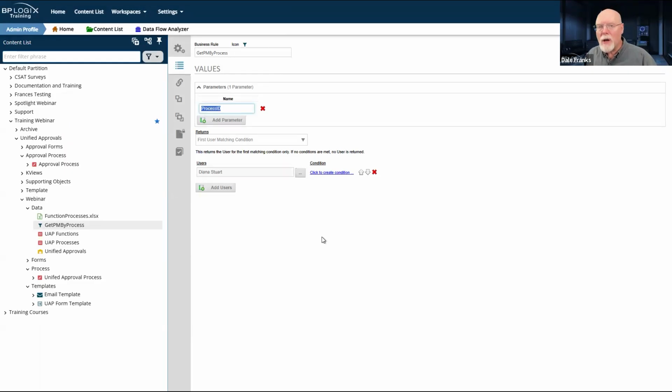So what I'm actually going to evaluate in the body of the returns section is the parameter that I'm going to pass to it. So I don't care what form it comes from. I'm not connected to a form or a process timeline. I can call it from anywhere as long as I can call it via system variable and I can pass a parameter to it.